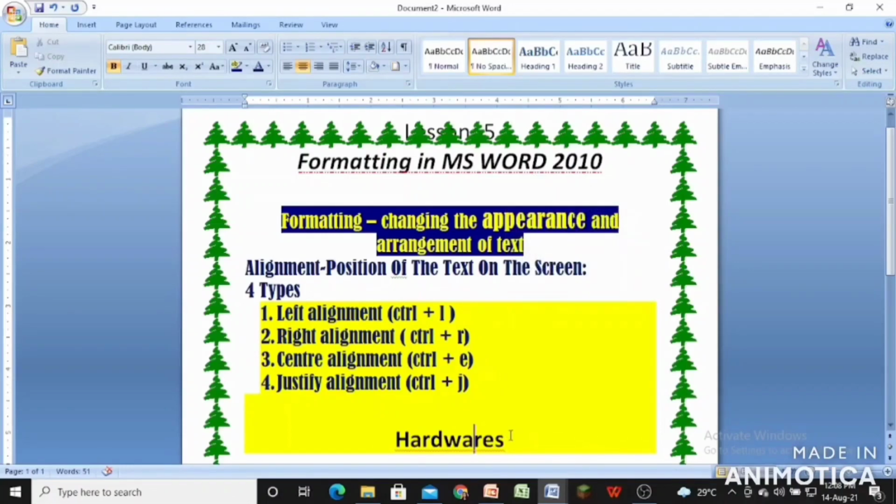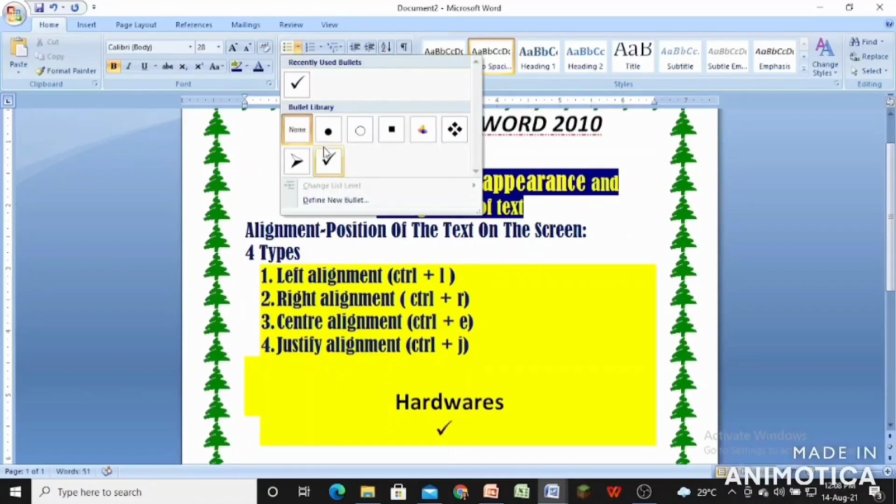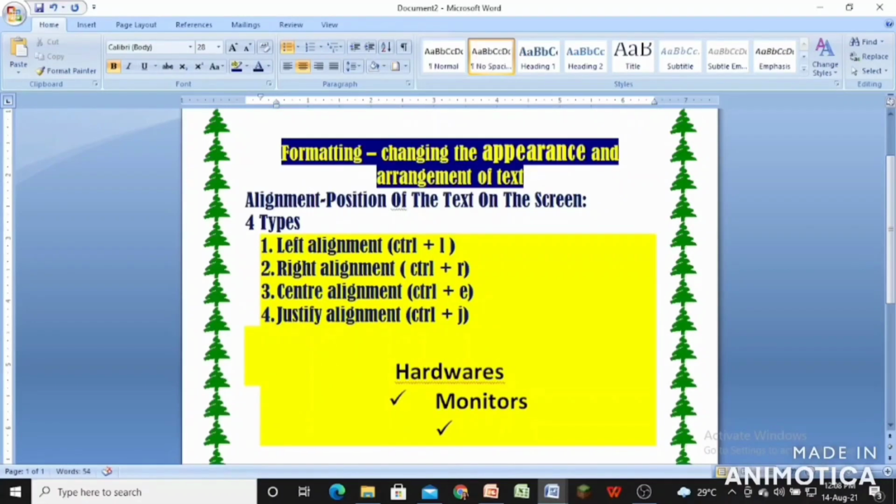Now I want to write point-wise about the hardwares. So what I will do is that in the paragraph group, I will click on the bullets. These are known as the bullets. So what are the hardwares? Like monitors. Next is what?